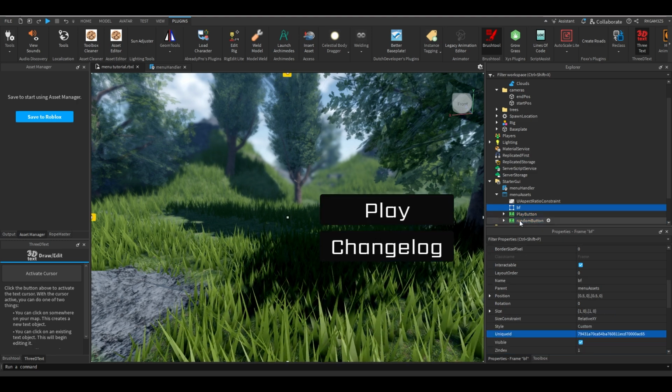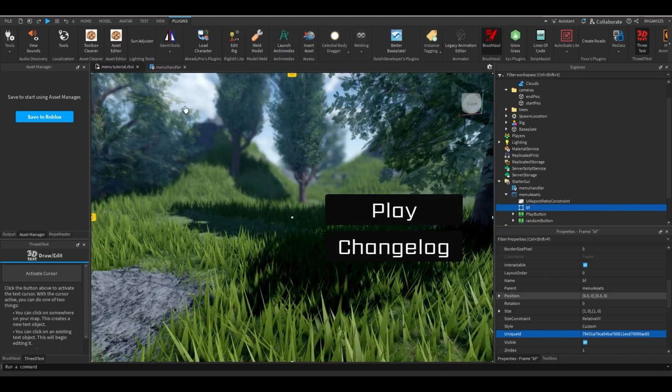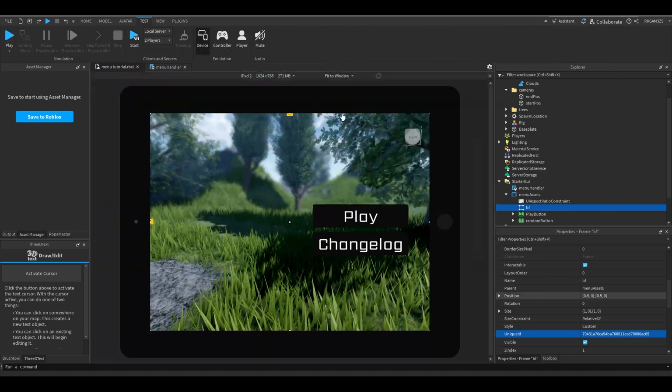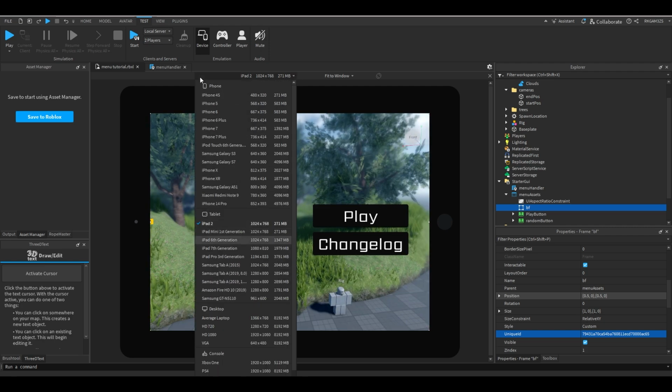So I'm just gonna place these however I want now. Something like this. And yeah, you'll see as the screen size changes. So if I go to test and I just go through various devices,